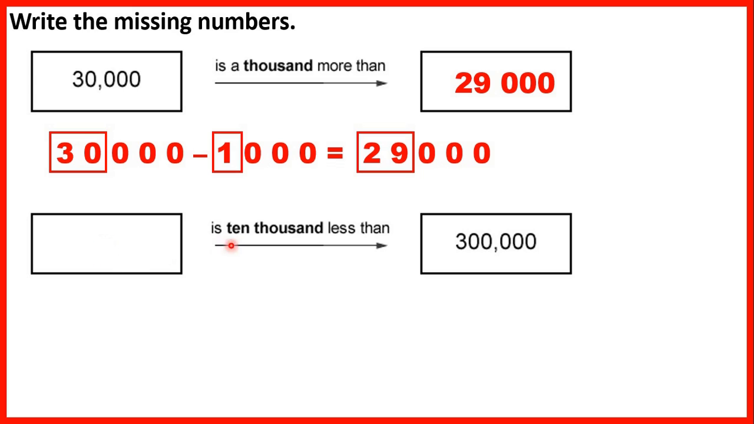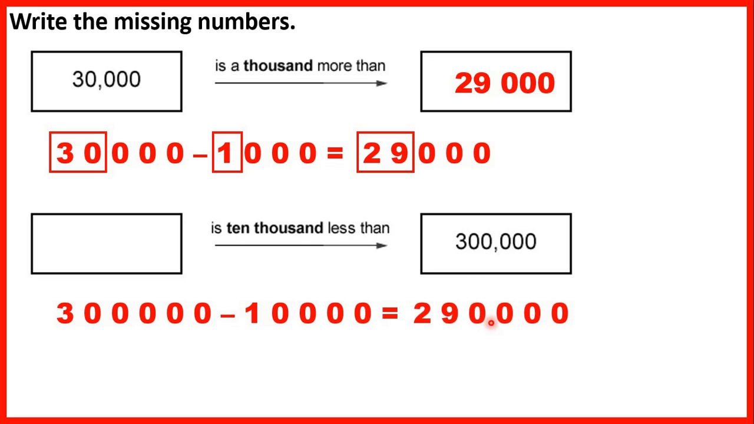Now, which number is 10,000 less than 300,000? So we want a number that's less, which means we need to subtract 10,000 from 300,000. And 300,000 minus 10,000 is 290,000, because 30 minus 1 is 29, but then we have zeros in our thousands, hundreds, tens and ones, and we're not subtracting any thousands, hundreds, tens or ones, so we have zeros as those digits of our answer,